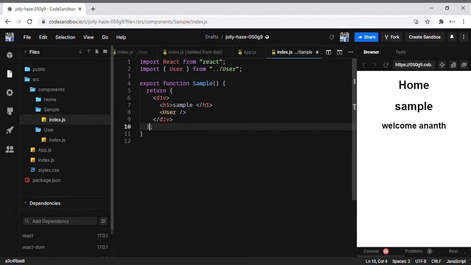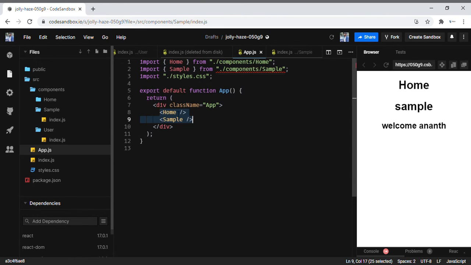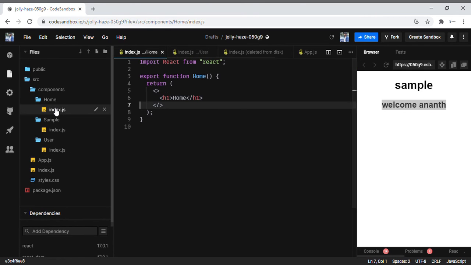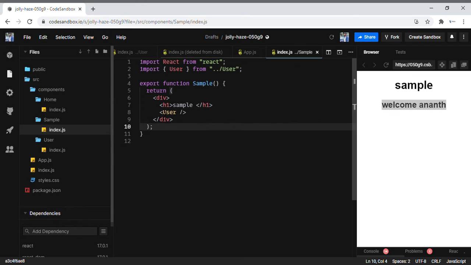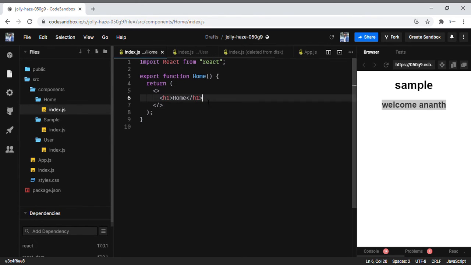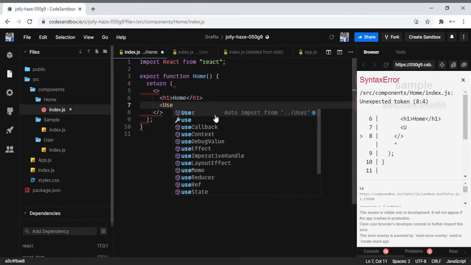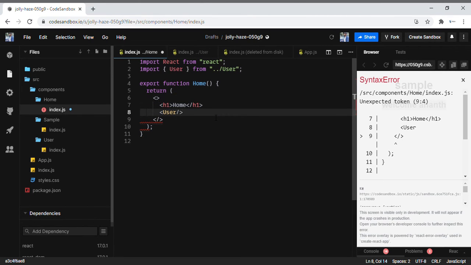Okay, now it is wrapped under a division. So now if you see here, when I have rendered the sample component, let me delete the home component now. If you see the sample component, this will be the reusable user component which displays welcome Anand. Similarly, if I want to also reuse this in the home component, let me auto import the user component over here.